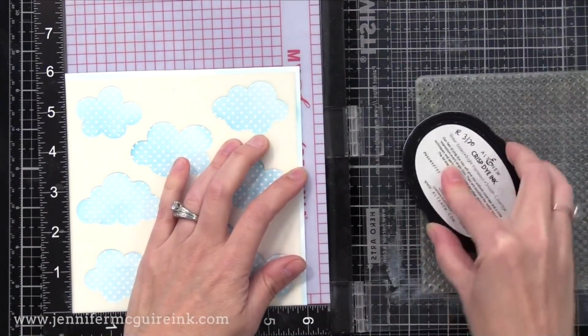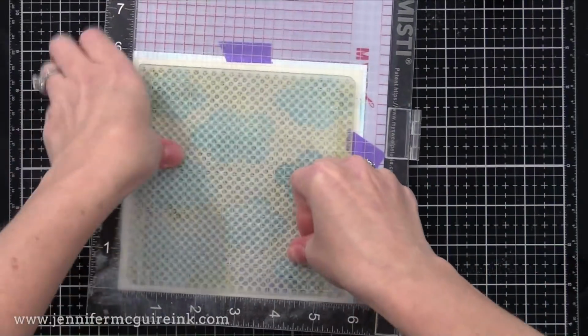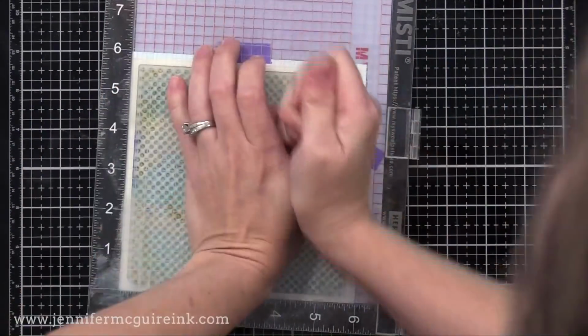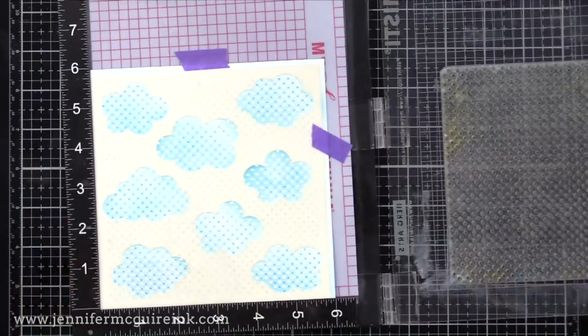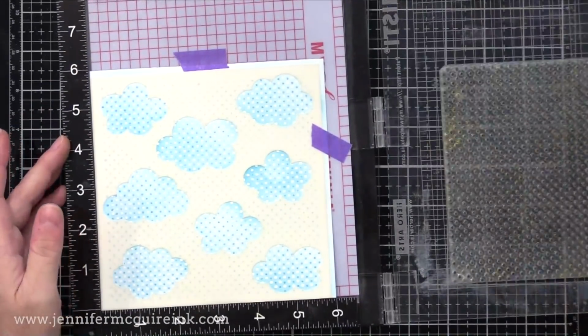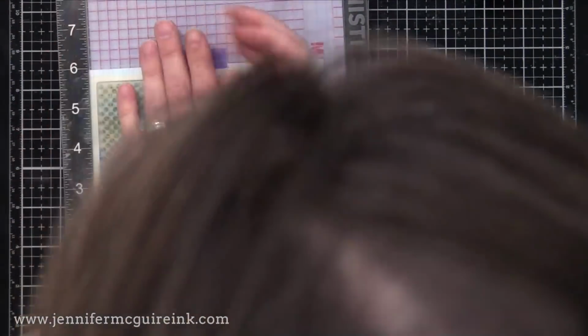This time I'm stamping with that same Sea Breeze ink. Since I did the clouds light with that ink, the ink will show up when we stamp it on there. I'm going to put some muscle in this and even double stamp it to make sure that I have some good dots showing through. And now we have white heat emboss dots and blue dots on each of our clouds,